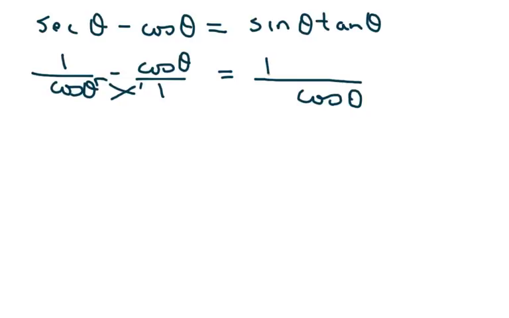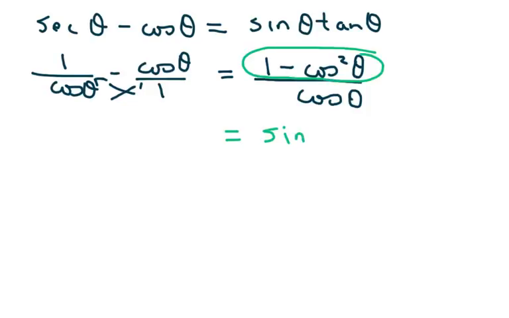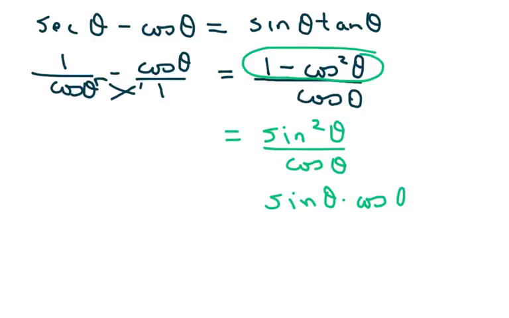So I'm going to get 1 minus cosine squared of theta. Alright. And this equals, at the top here, sine squared. So we get sine squared over cosine, which is like saying sine squared, so sine of theta times sine of theta, whoops, why did I write cosine? Times sine of theta, because that's two of them. It's two of them, over